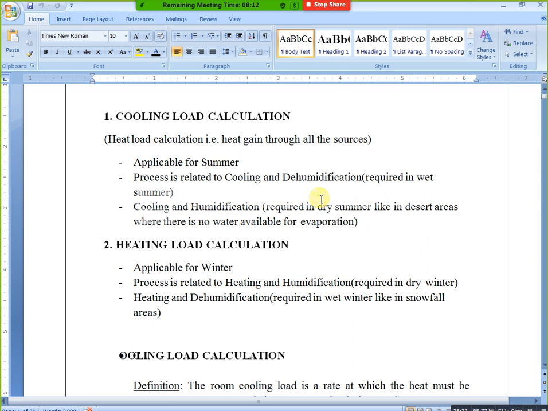That's why here we need heat, sorry, here we need which one, cool, not dehumidification. That is the main difference. You compare it with your skin and you will understand easily. This is applicable for winter. Tell me.